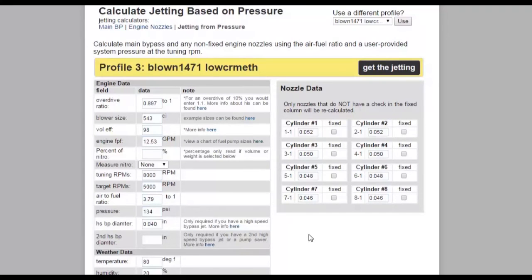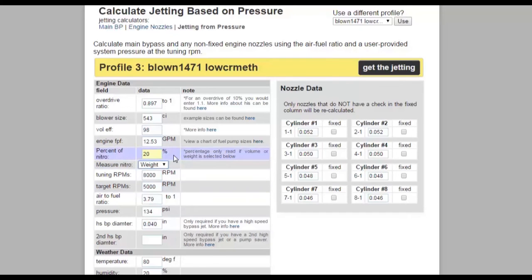Here's our approximately 3.8 air-to-fuel ratio, and that fuel system ran at about 134 psi. That would be an 8,000 RPM pressure value. To run on 20% nitro, we'll go ahead and add 20%, and we're going to do this nitro addition by weight. This is significant because 20% nitro by weight is about 28 or 29% by volume, and it's a different amount. We're going to stick with 20% by weight, using specific gravity to get the percentage in